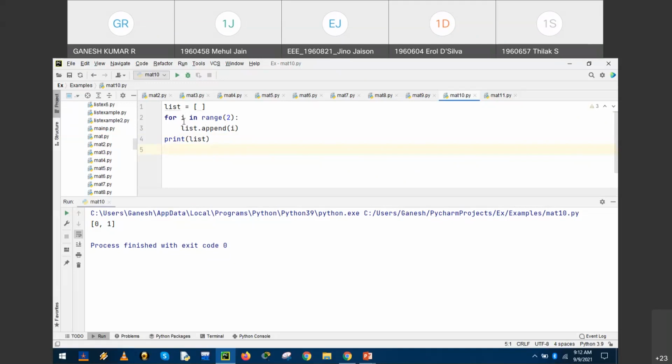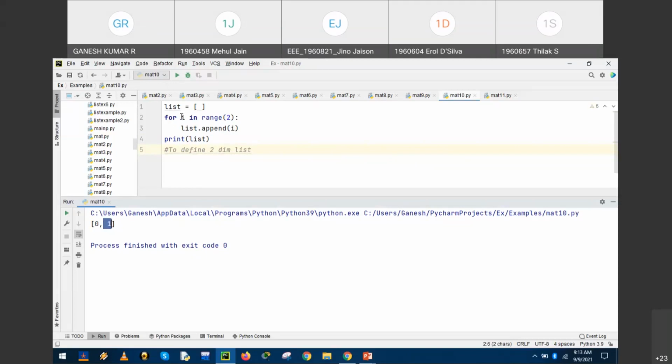Now, how can we extend the simple list to represent the matrix? So let us go to the next step. Our next step is to define the two-dimensional list. So the list needs to be extended to represent the dimension. Two dimensions means they should have rows and columns.